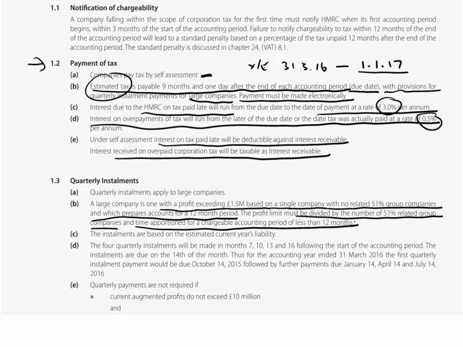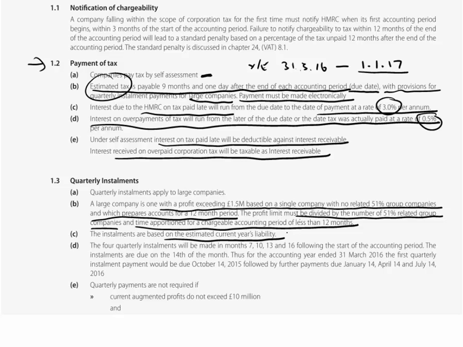Now, if a company is required to make quarterly instalment payments, then it's going to be based on an estimated liability for the current year, the current accounting period. We'll see why it must be an estimate, because we have to start making those payments before the end of the accounting period to which we are actually computing our tax figure. You will not yet know the TTP, but if we're estimating that we're going to have profits in excess of the profit limit, and we were also